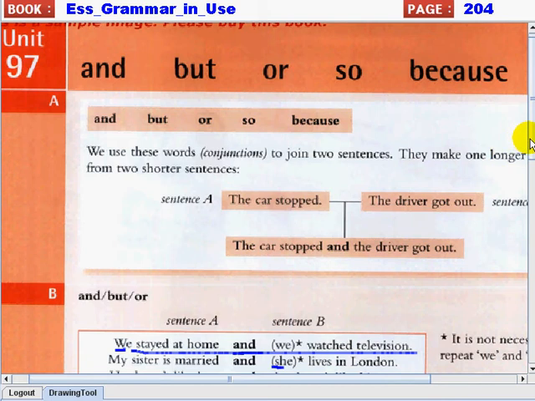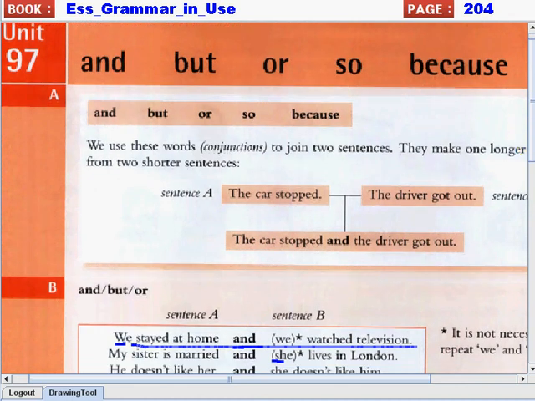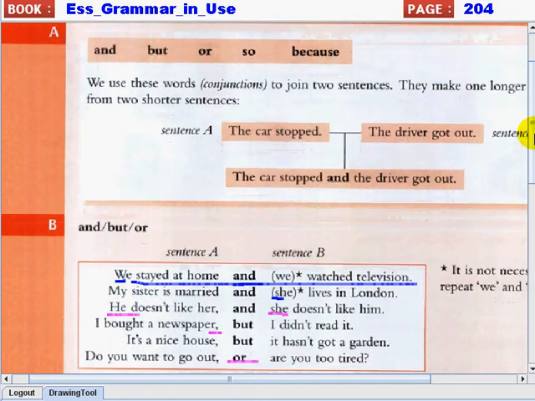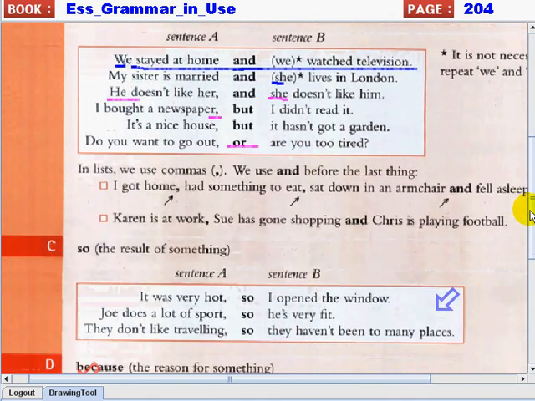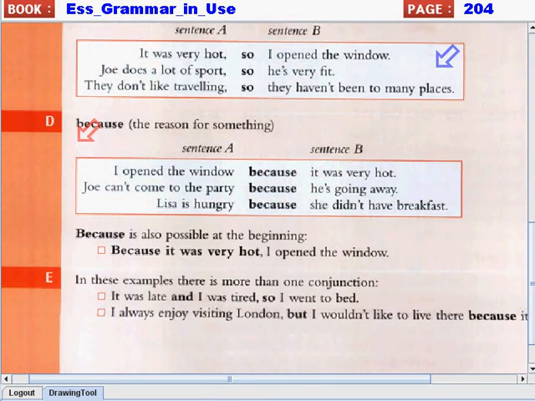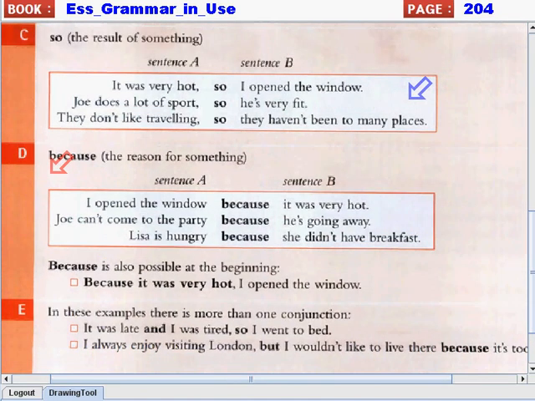Well, actually tonight or today, we're just going to finish our discussion in Unit 97 of this book. If you remember, we discussed what is a conjunction in our previous video and what does it do, right? Today, we're going to learn how and when do we use the words so, because, but, and other conjunctions that we have to learn. Now, before we discuss the purpose of these words further,